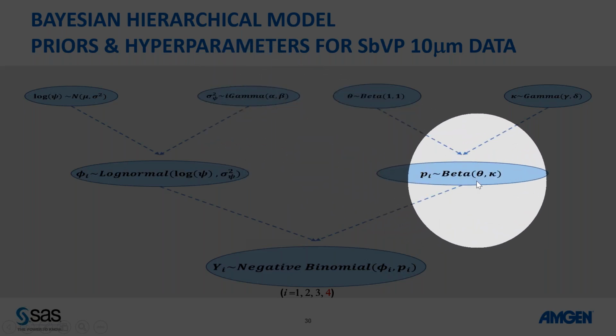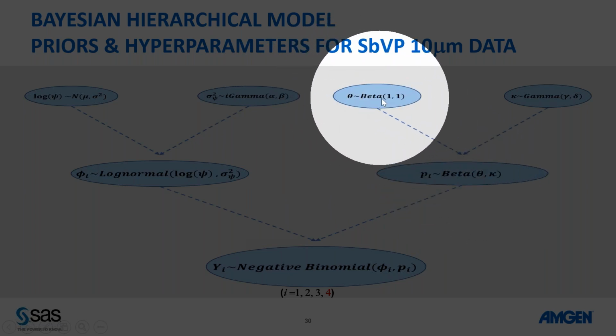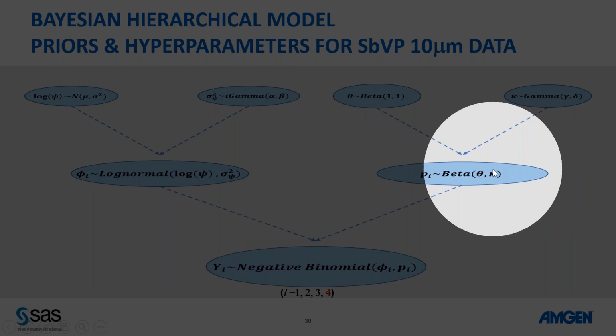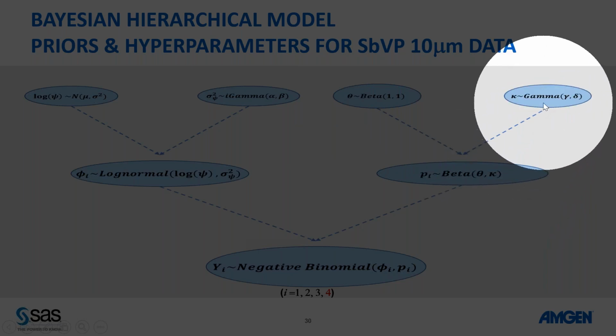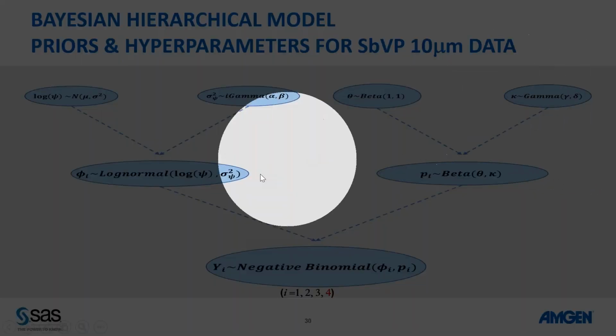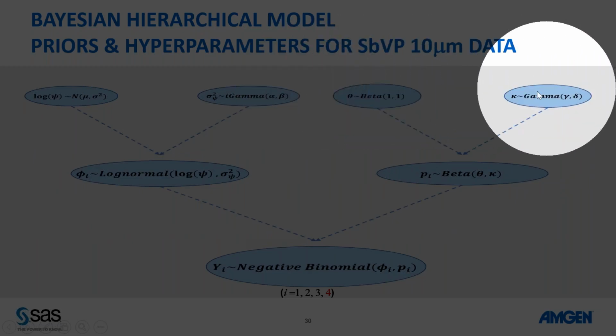For these parameters, the beta, the theta is a location parameter and center on the mean. So we're going to use the beta 1, 1, which is the uniform in 0, 1. And this k acts as a dispersion parameter. So we're going to use a gamma distribution. And in the middle layer is random effects, and on top is called hyperparameter. And the MCMC program essentially treats the middle as random, and on top as hyperparameter. That's it. So these are the random, and these are the hyperparameters.